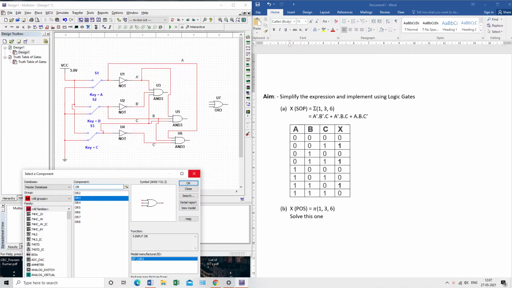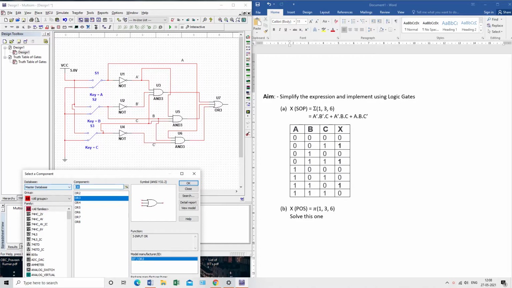I will connect one wire from here, a second wire from here, and the third wire will come from here, and it will go to this. So all three connections are done, and I need one LED.